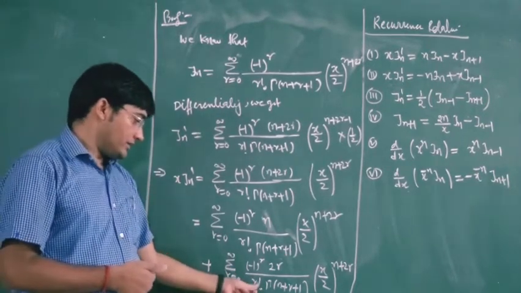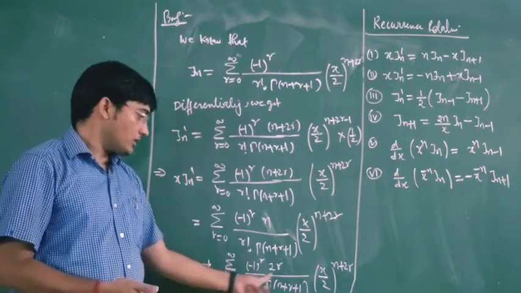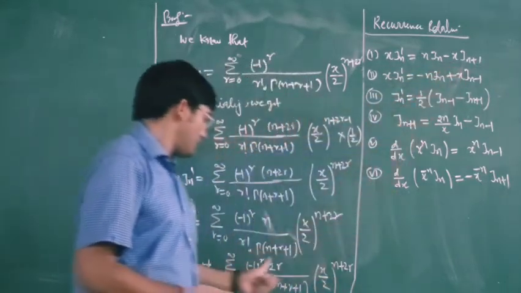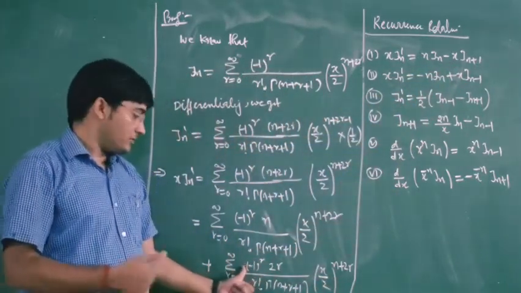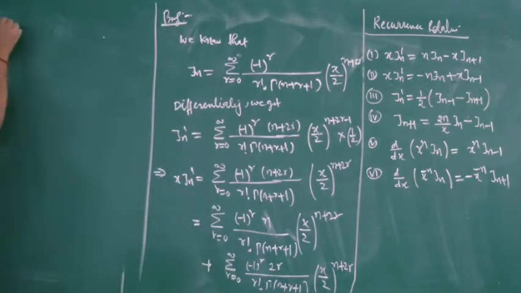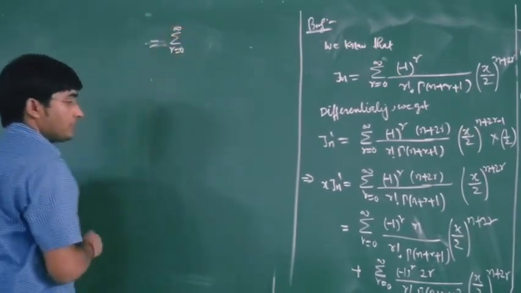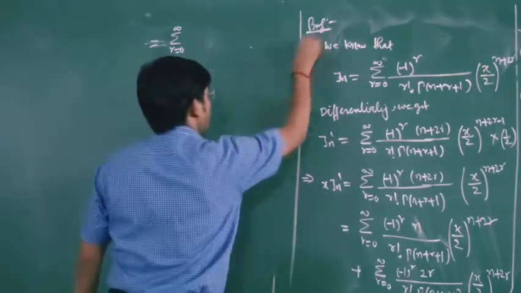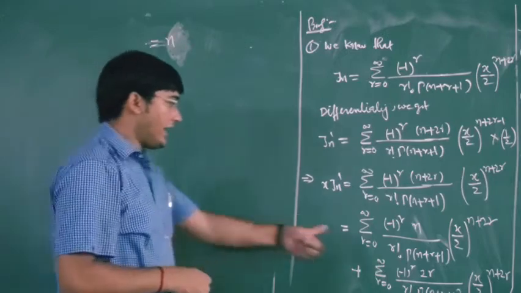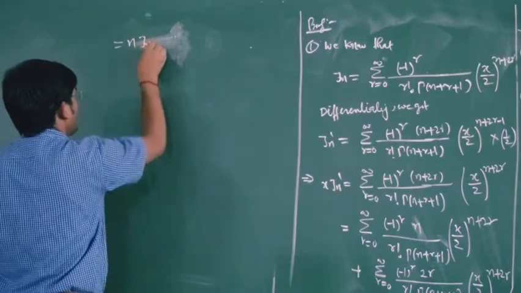Now let us take r common from this factorial. So the bracket will be r minus 1 factorial, and this r is cancelled with this one. As we need x outside, here I am multiplying this term by x and let us divide this term by x. So this is equal to, here we have r equal to 0 to infinity. This is the proof of first part, and this is your n into, let us take n common, then the rest bracket is Jn. So we have this one as n into Jn.